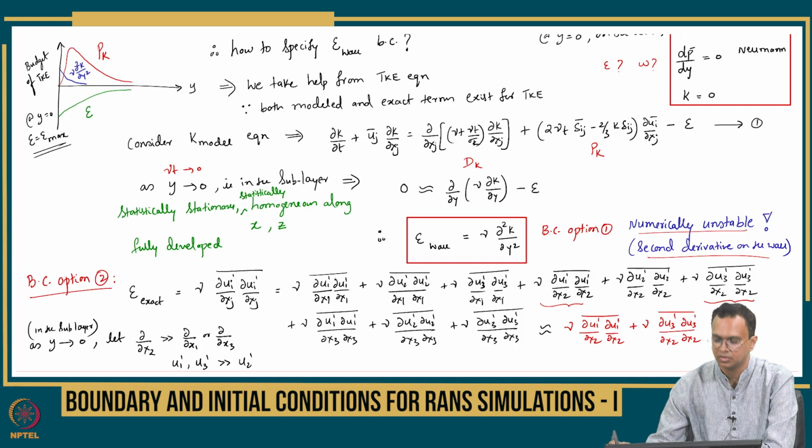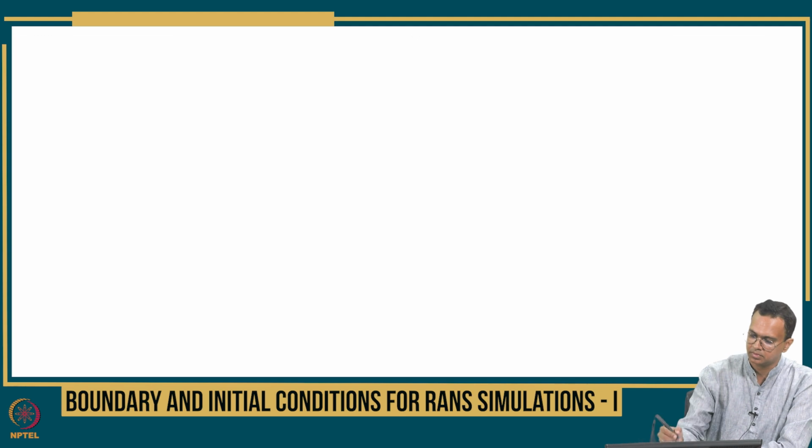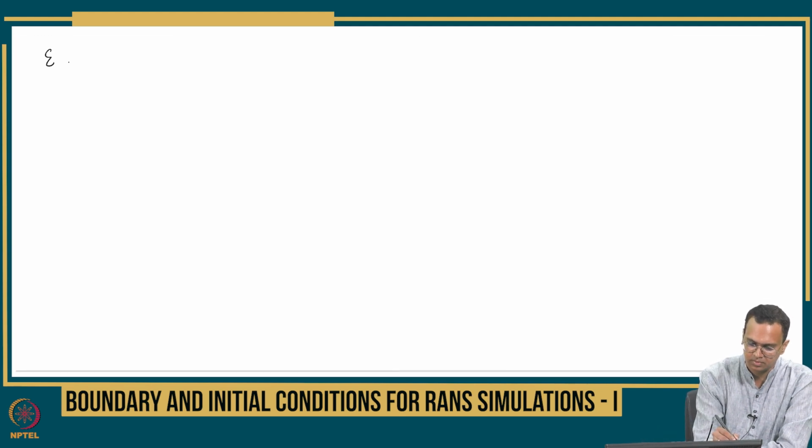Okay, is this clear? So, we are considering the wall normal fluctuation to be much smaller than the wall parallel fluctuations, and the wall normal gradient is much larger than wall parallel gradients. So, only the ∂/∂x2 gradients are much larger, and in that u2 prime is much smaller than u1 prime and u3 prime. So, I get this equation. So, epsilon exact is now approximately equal to, if I write in the XYZ or UVW formulation, I would get essentially